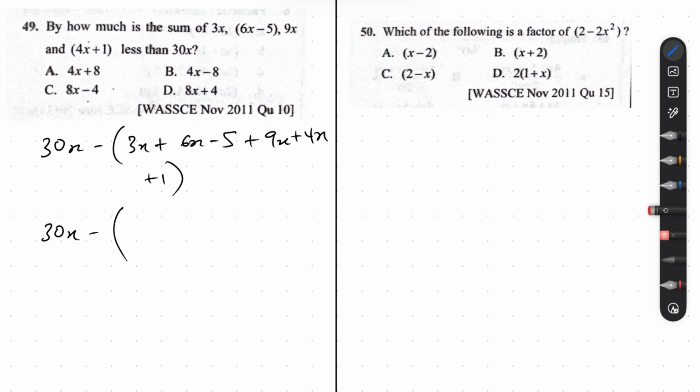So here we have 3x plus 6x, that will give us what? 9x. 9x plus another 9x will give us what? 18x plus another 4x, that's what? 22x. Let's take it again. 3 plus 6, that will give us 9 plus 9, 18 plus 4, 22x. Okay? Then we have negative 5 plus 1 is what? Negative 4. So finally we have 30x minus 22x plus 4, which will give us